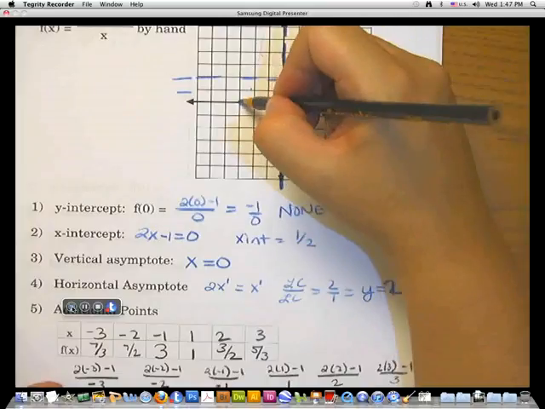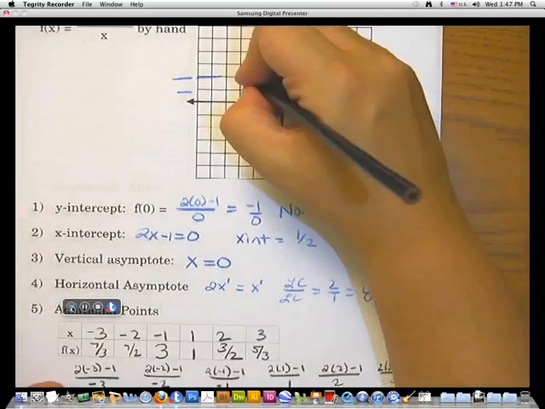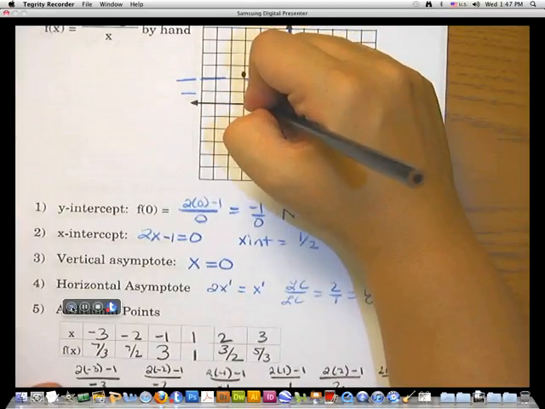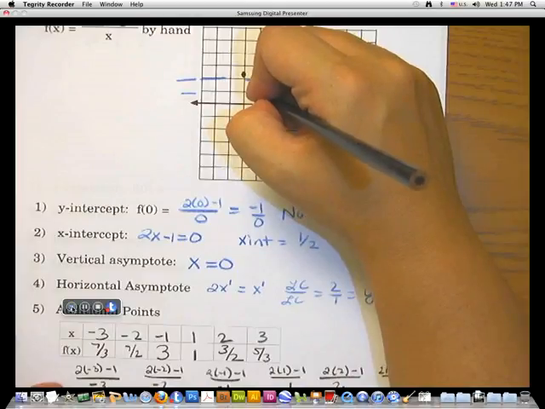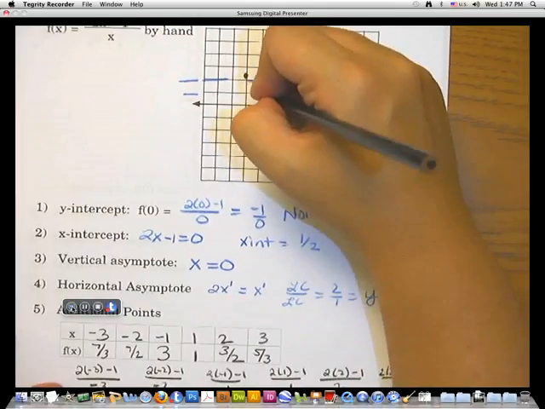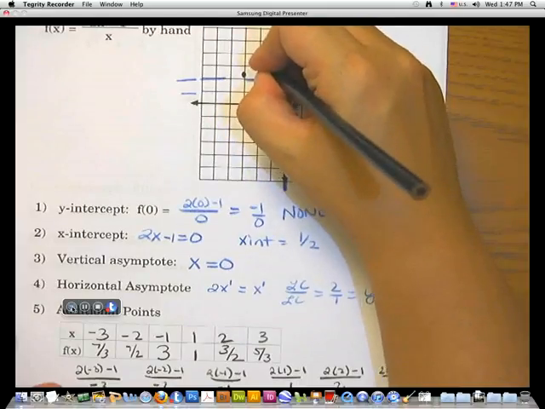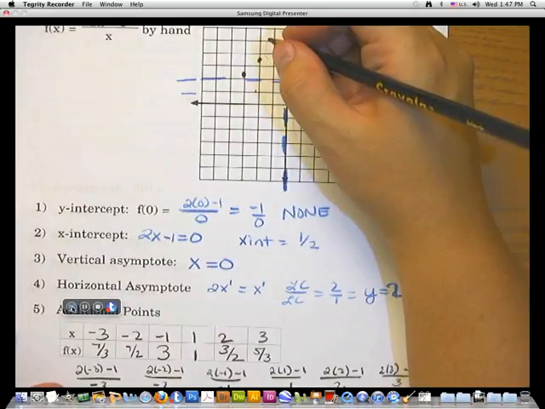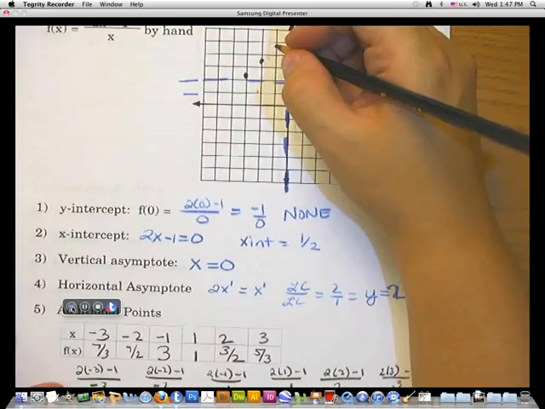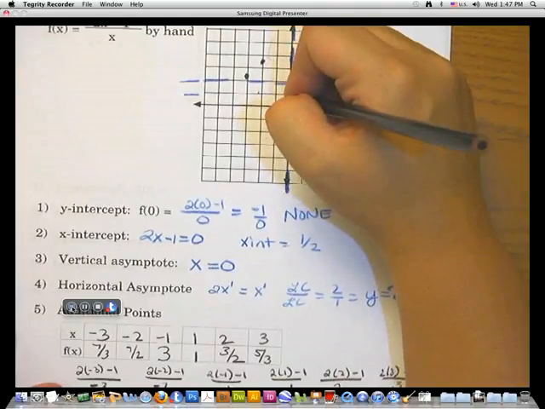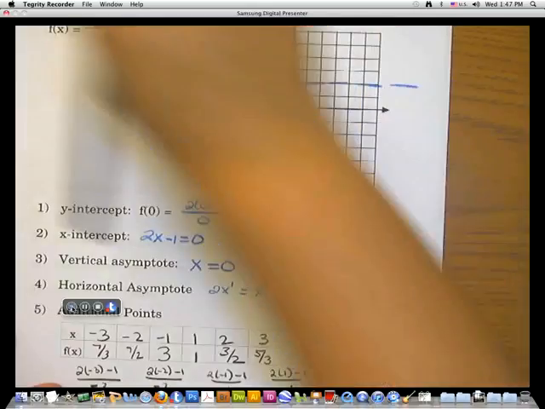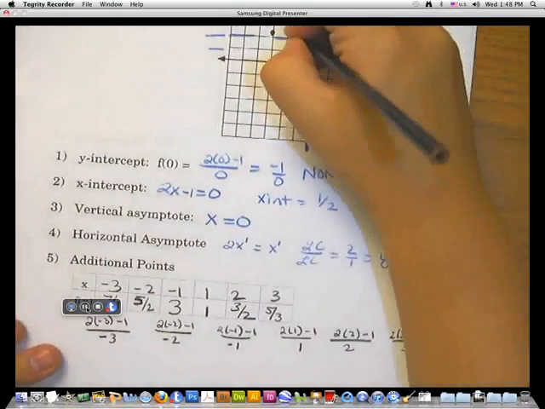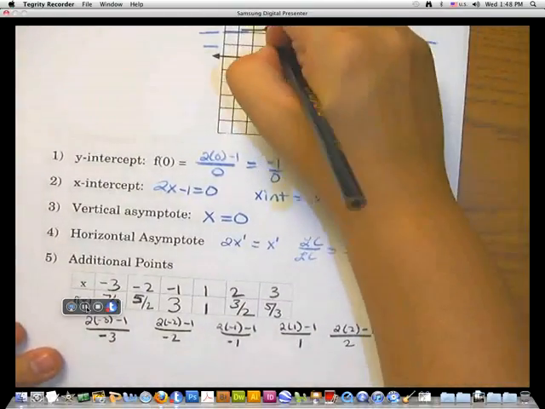-3 at 7/3 is going to be 2 1/3. -2 is going to be 3.5. -1, how about this comes to 5/2? That's better. So 2.5, and then 3,